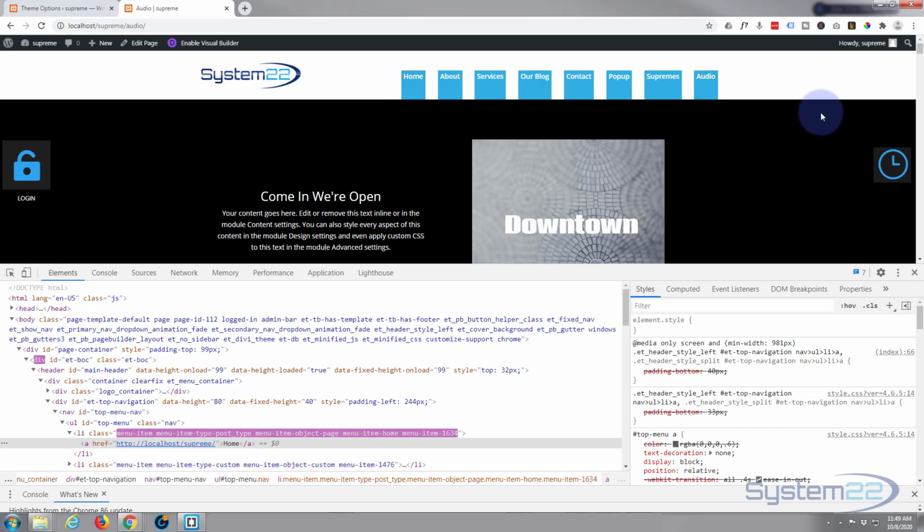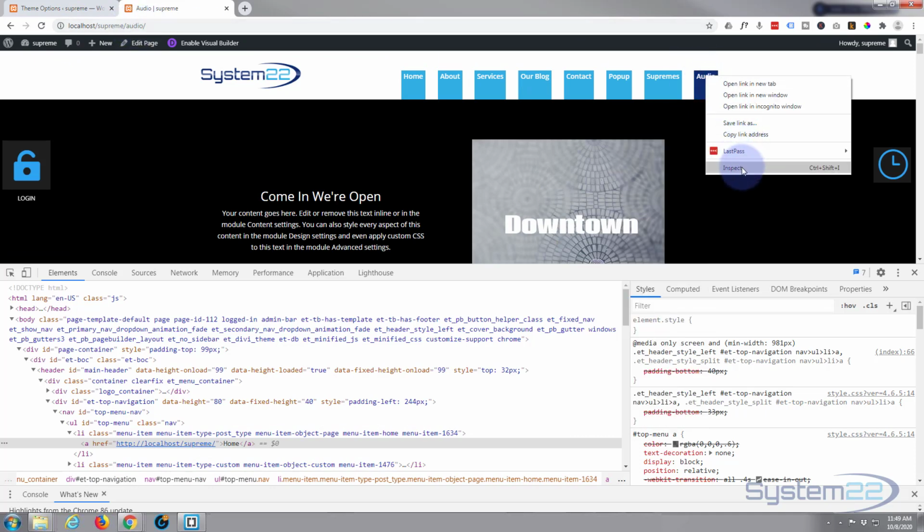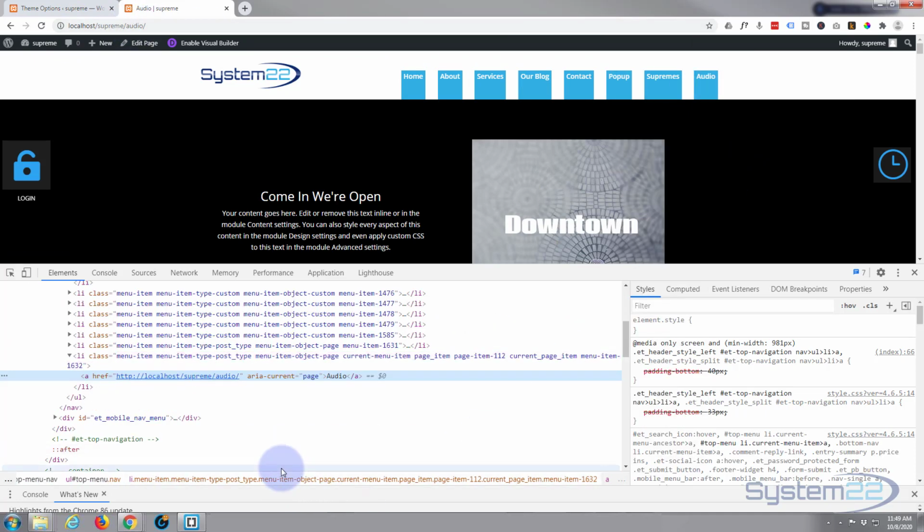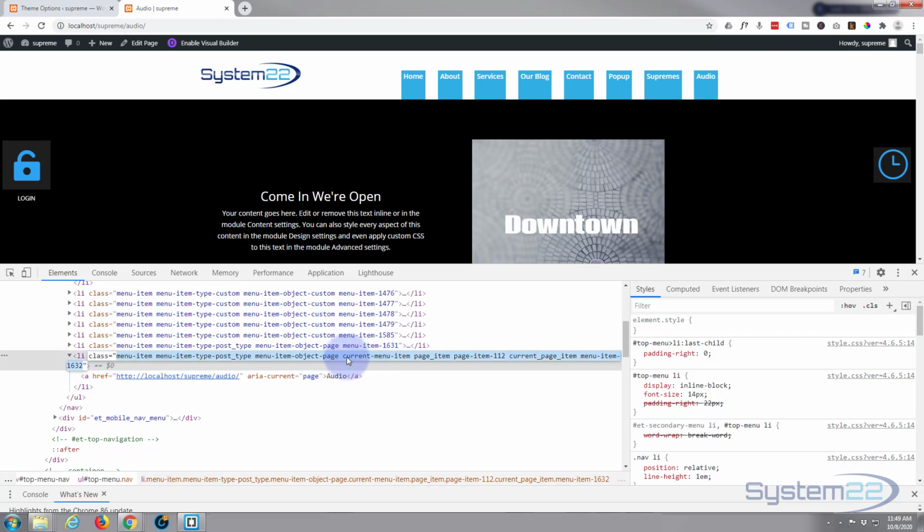It's called the current page. Now I'm on the audio page now, so if I inspect this link itself, here we go. Here's its classes, and one of the classes of the model class is current menu item. That's the one I want, and I want to affect the A tag. So again, let's double click, highlight the actual class we want, which is just the current menu item, Control C,